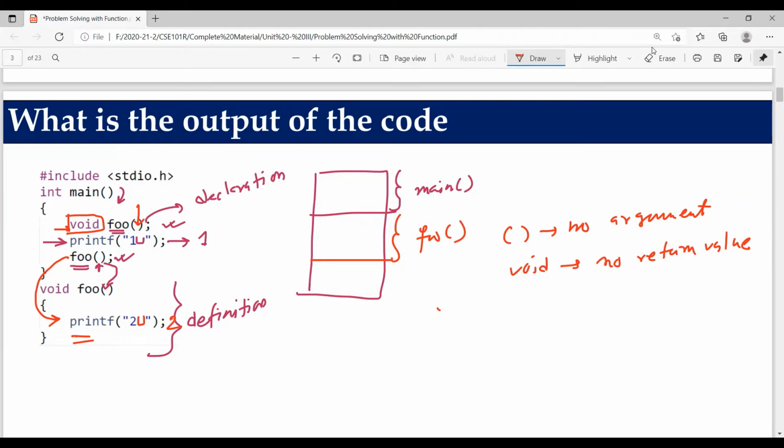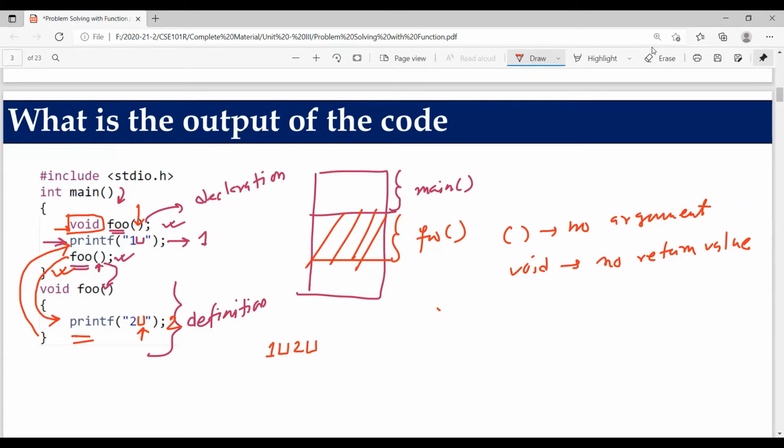Once that particular line gets executed, program control goes back to the same line from where it jumped inside the code of the function. It jumps back to that particular main method. Now that particular memory which was reserved for the function foo gets erased from the RAM. So while it is going back, there is no more line left in the main method. So program execution stops here. So what is the output? This is the actual output: 1 space 2 and space. Yes, there is a space as well, although spaces cannot be visible. Okay, so very easy as compared to our previous source code.